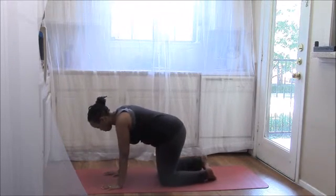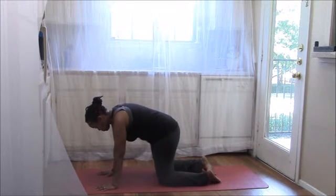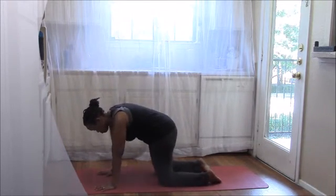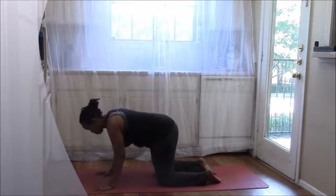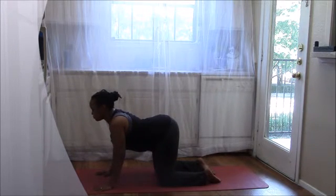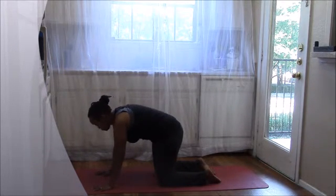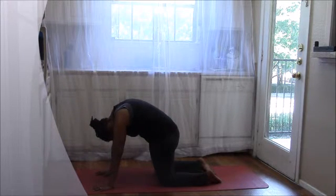into our tabletop position. So hands are shoulder width apart, knees are hip width apart. Good. So not too close, not too wide. Now as you inhale, bend your elbows slightly, scoop yourself up, so lifting your head up and your tailbone up. And as you exhale, round your back, tuck your tailbone, tuck your chin, getting a good stretch in the back,